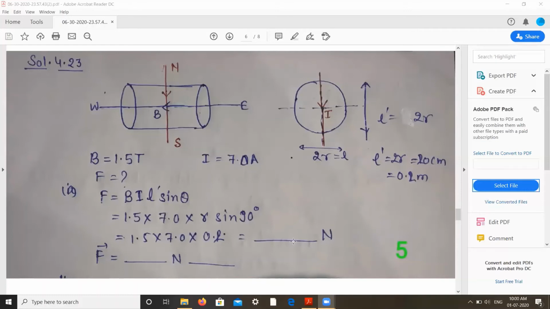Now coming to the B part of this, where we have rotated this wire to a certain projection, like we tilted the north portion toward north west, north east, and the south portion toward south west. Means we are just tilting that wire which is vertical, so that it is now acting toward the northeast direction and this portion is acting toward the southwest. So the angle between the axis of the current carrying wire and the magnetic field is reduced from 90 to 45 degrees.